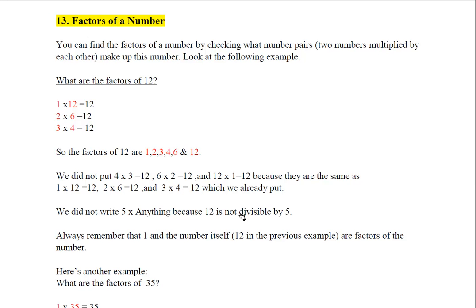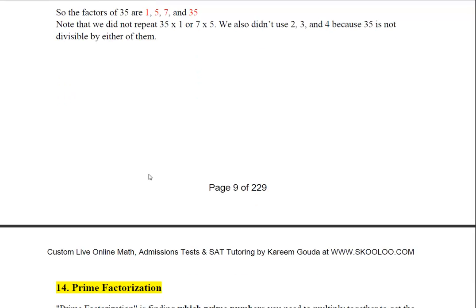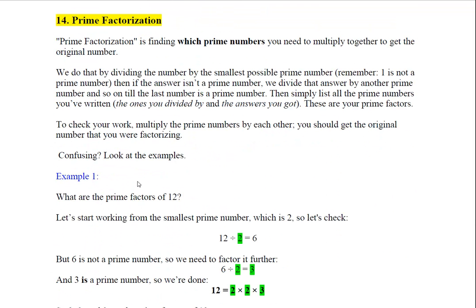Now if we go down to number 14, prime factorization. Basically what prime factorization is, we're trying to break down the number into its prime factors only, meaning that the factors have to be prime numbers. The best way to do this is to use the factor tree, which I'm sure all of you know how to do. Simply, all we need to do is divide the number we're looking for, 12, by the smallest possible